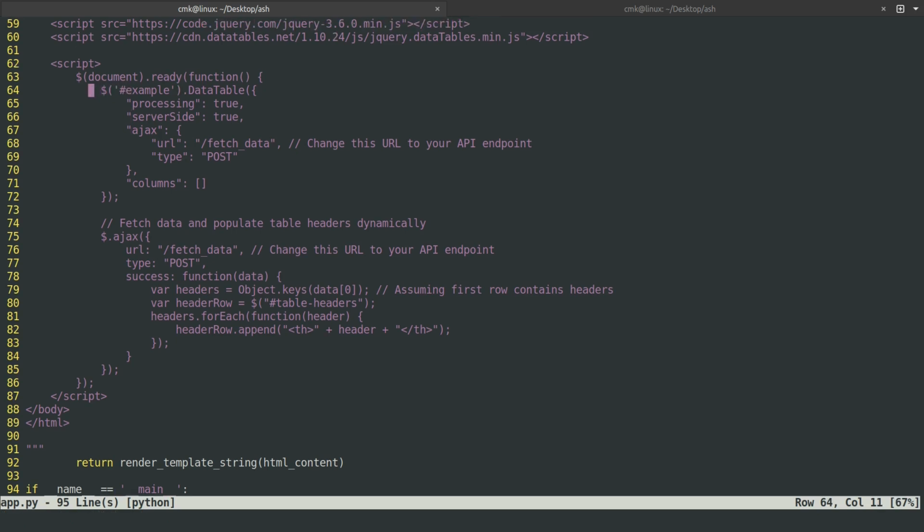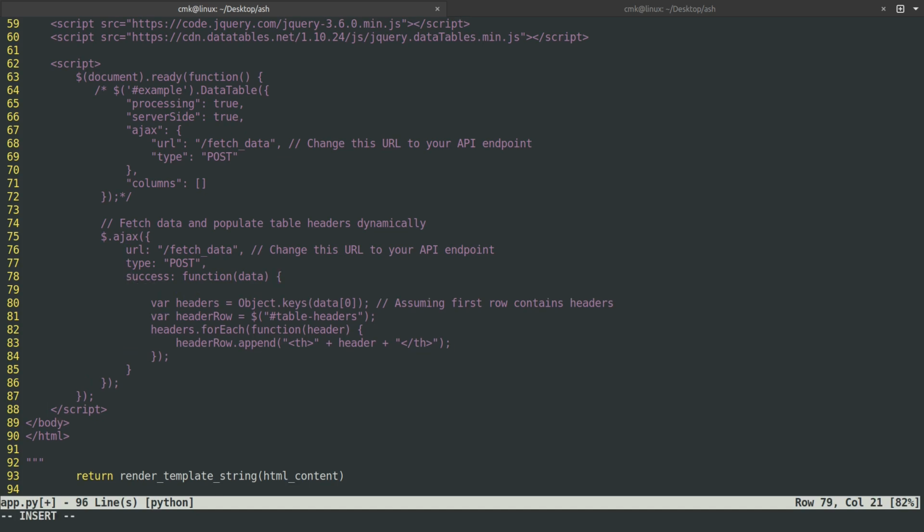Let's not do this. And this also populates table headers dynamically. Okay, and here I just want to say console log,